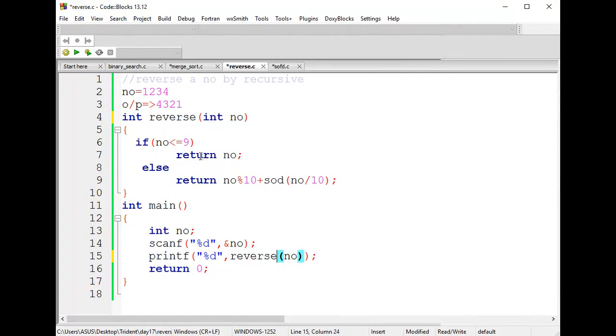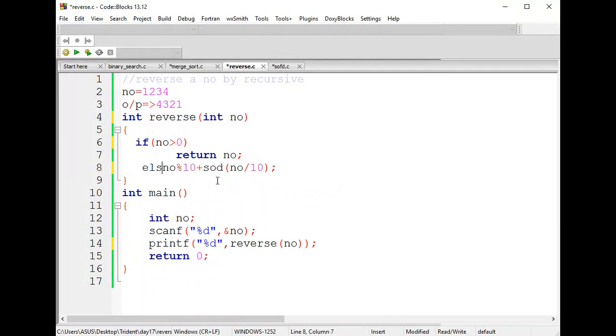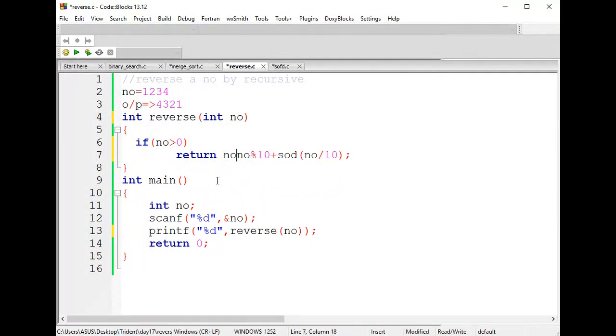Here, instead of applying this condition, let me change the condition a little. Until my number is greater than 0, I'm going to do this operation. So you're going to have the statement where you calculate reverse.